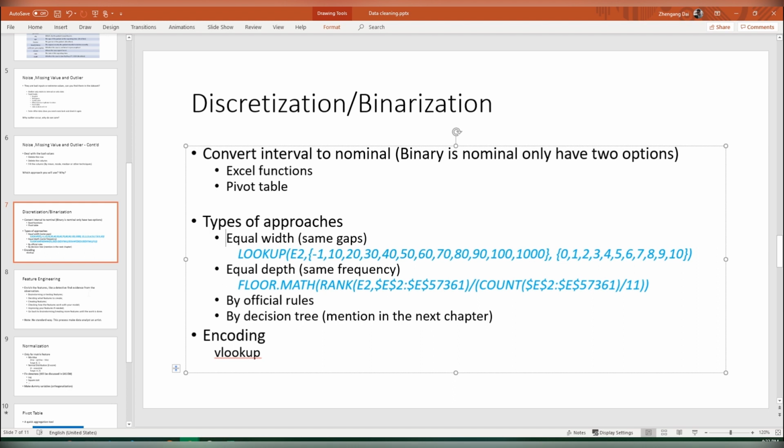First one is equal width, which means same gaps, like 0 to 10, 10 to 20, 20 to 30, right? Or you can do like a 10 to 50, 50 to 100, right? Or equal depth, same frequency. If we look at the histogram,